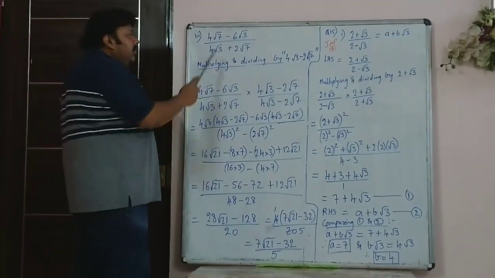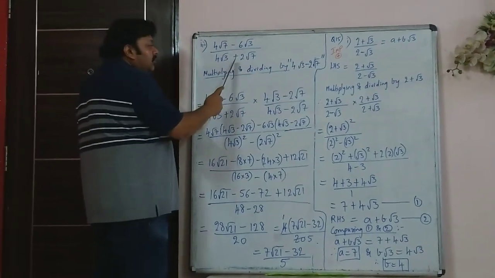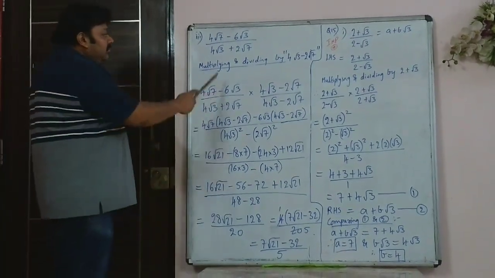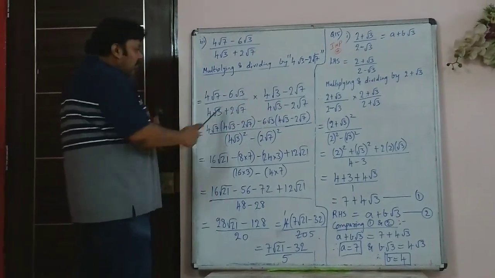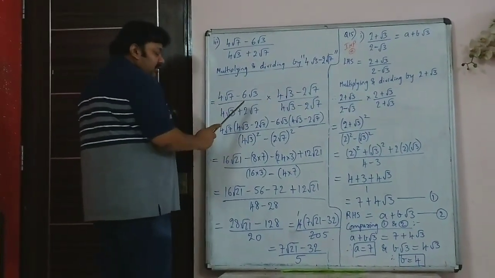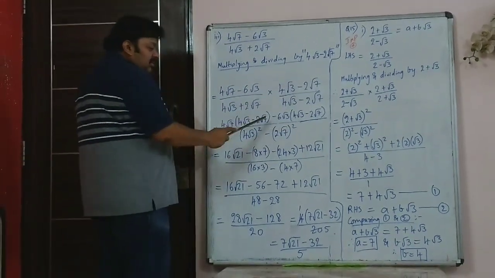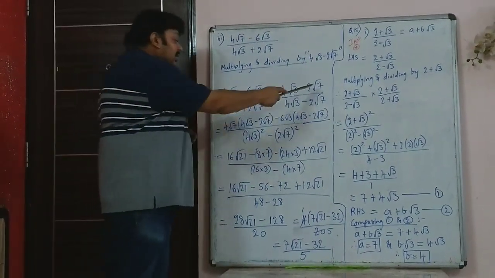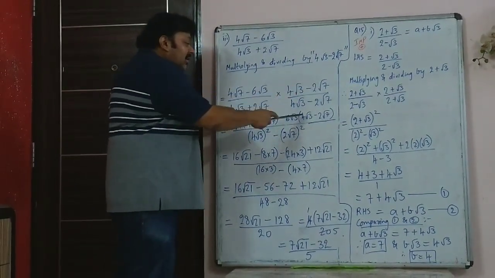So now here 4 root 3 minus 4 root 7 minus 6 root 3 upon 4 root 3 plus 2 root 7. You have to rationalize the denominator, which means you have to multiply and divide by the same number but minus 2 root 7. So when you do that, the numerator is not exactly the same number. You can see there is difference. So you will have to multiply 4 root 7 with both the terms. In the start, go slow. Don't be in a hurry to just finish.